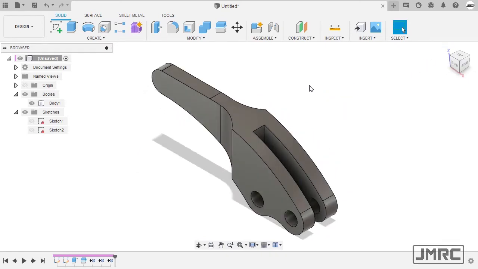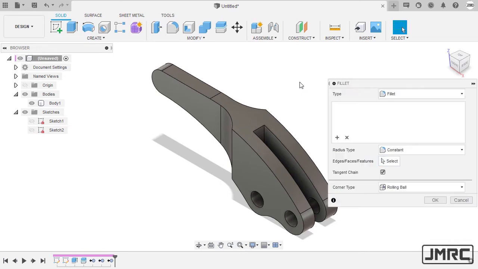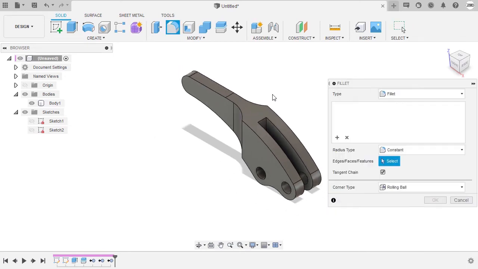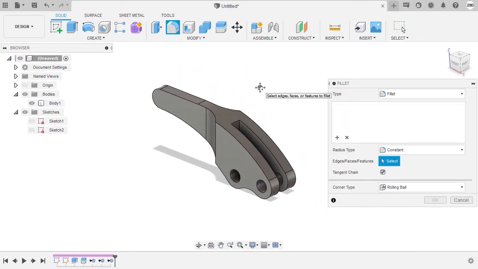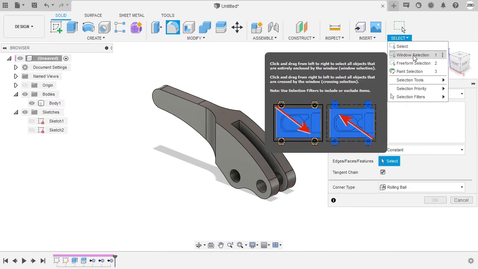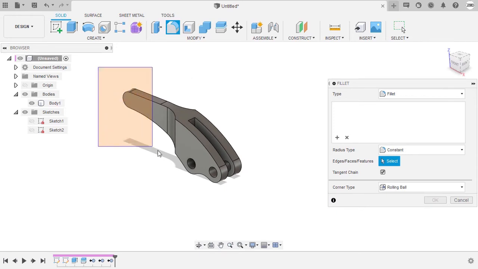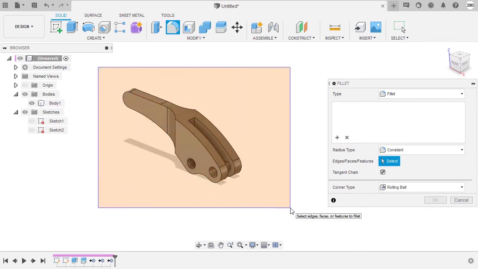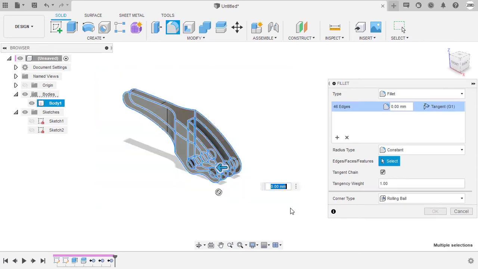Lastly, let's add the fillets. I'm going to hit F for fillet. But first, I'm going to head up to select. Under selection filters, I'm going to disable select all and enable body edges. And making sure window selection is turned on, I'm going to create a window to select all of this body's